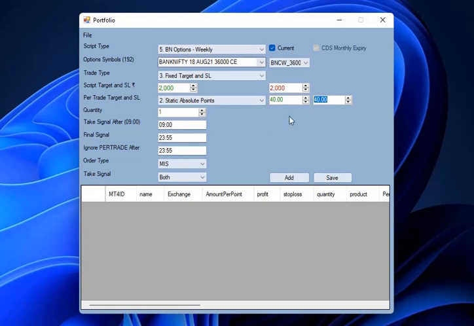Technically speaking, 40 points will give you 1000 rupees, as well as a 40 point SL will also give 1000 rupees SL. So if everything goes well, then probably in 2 trades you will achieve your 2000 target. If a reversal happens and a loss is incurred, then the next trade could be positive. But nevertheless, in any given trade you want 40 points as your stop loss and 40 points as your target.